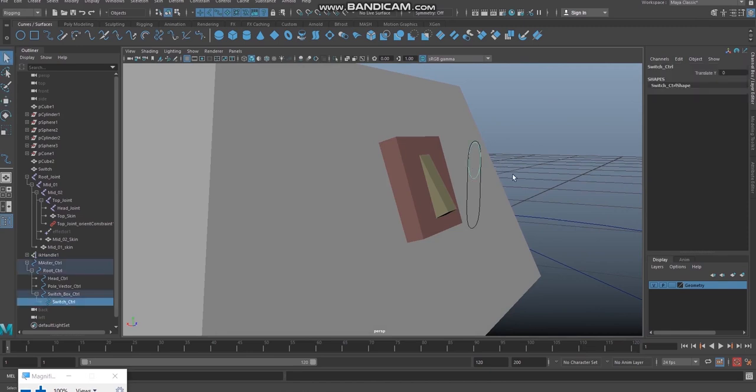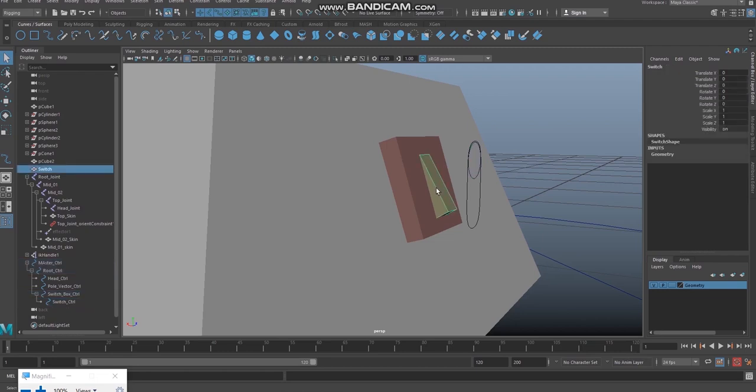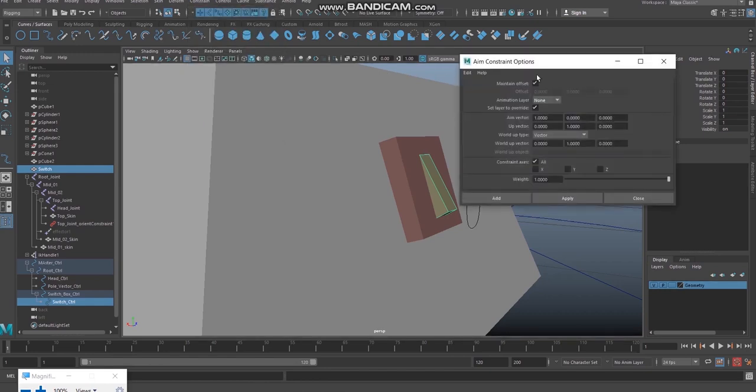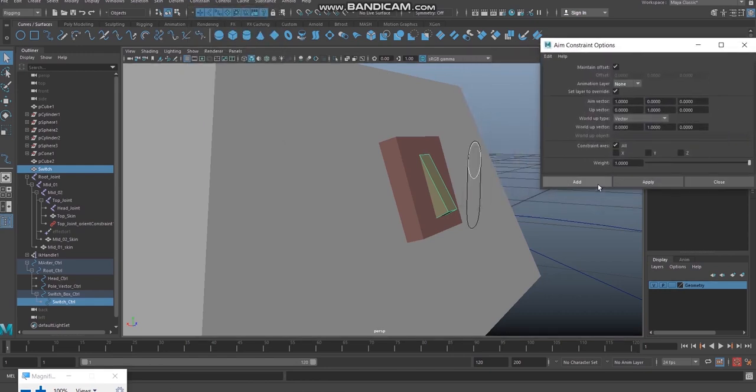So I'm going to select the switch control, shift, sorry, select the switch control, shift select the switch, go to constraint and give aim constraint.